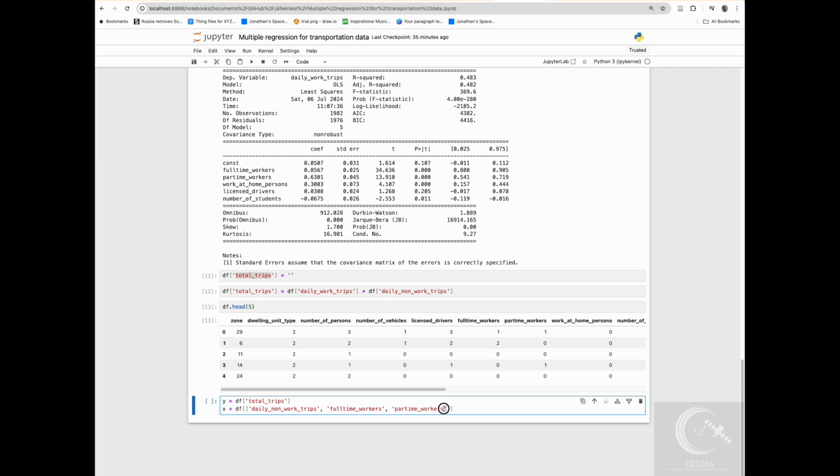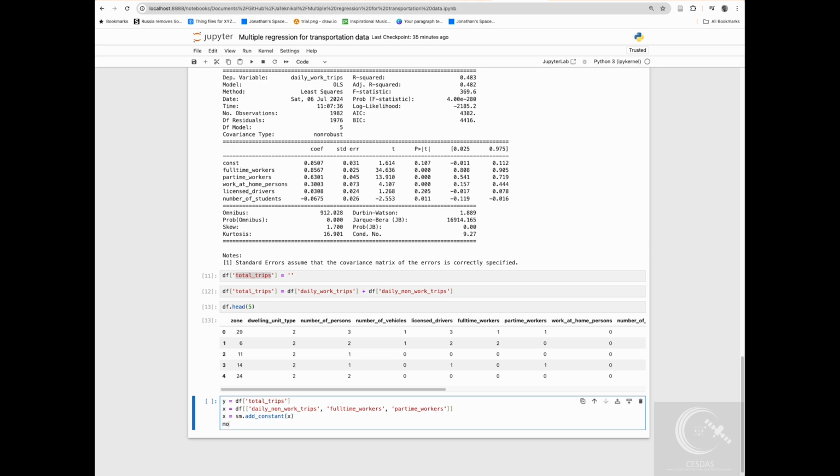So any of these trips that this group of people generate, it has to be related to work most of the time, not every time. So let me create a bias term for this. I'm going to do sm.add_constant x, and then create a model